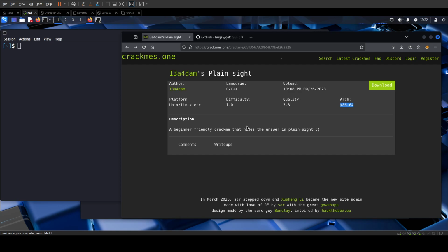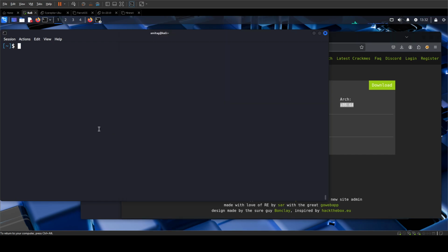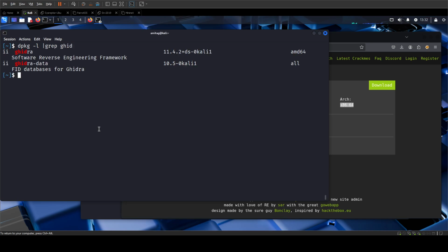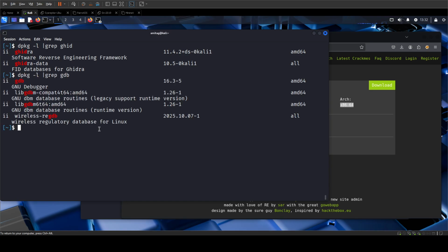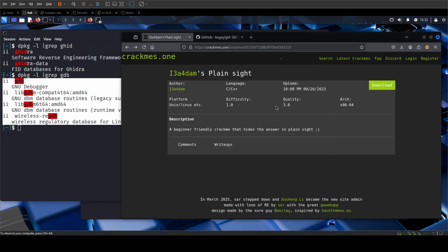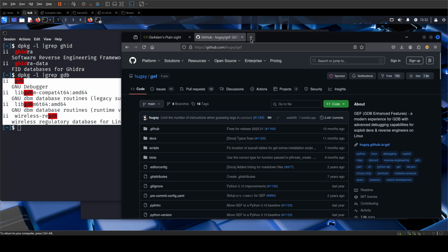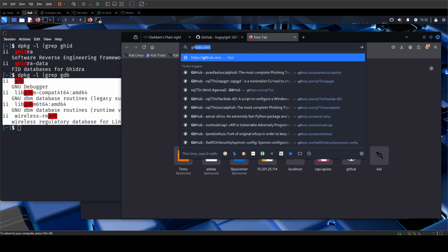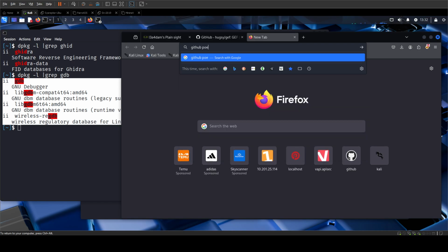Now, before you start doing anything with binary exploitation, there are two things that I would suggest you do. One is install Ghidra. Yes, you can see I have already installed it. The other is to install GDB. And again, as you can see, I have already installed it. Now, along with Ghidra and GDB, you also want to install something for GDB, and you can install either GEF or you can also install something called PEDA. So if I search for GitHub PEDA,